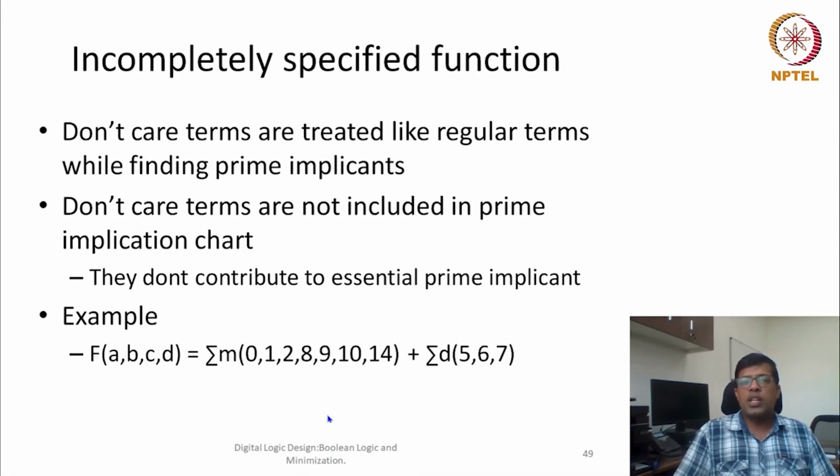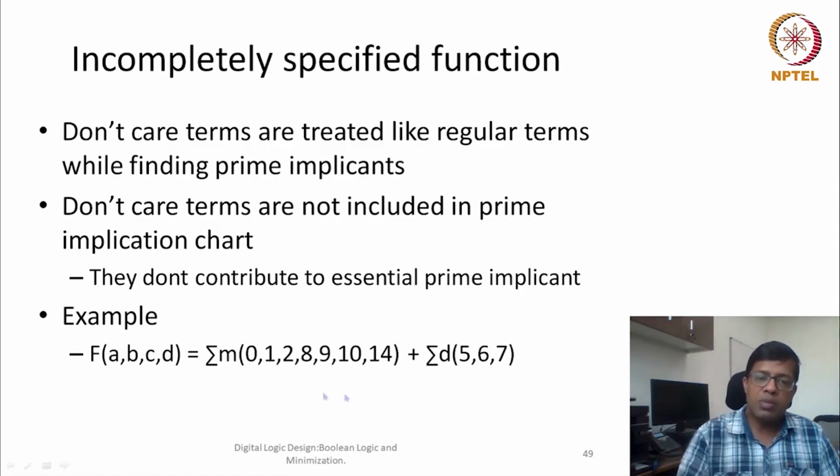We treat all the don't care conditions as regular min terms, but in the second phase, while creating the covering chart or the prime implicant chart, we don't list these don't care terms. Because don't care terms are not listed, they do not contribute to essential prime implicants. So I'll take the same example which we have considered for explaining our QM method,